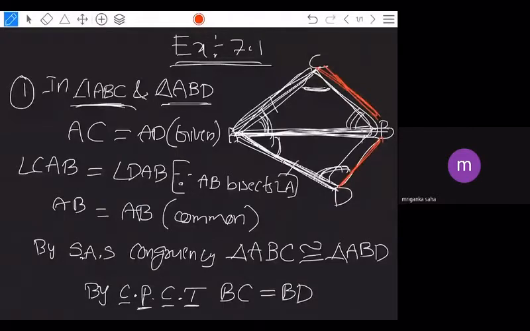Whenever the question is asked, there may be a chance of a little change. Suppose I change the question a little bit and do not ask it the same as it is. Instead of BC equal to BD, I may ask you angle ACB is equal to angle ADB. Is it audible to you all? Yes, sir.